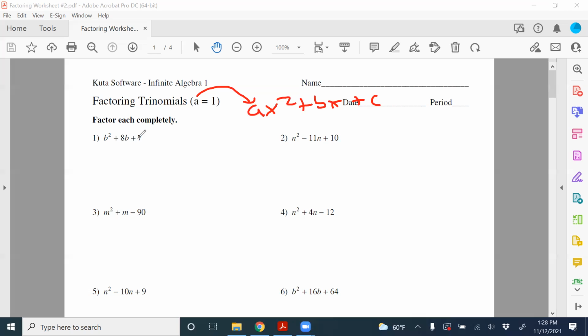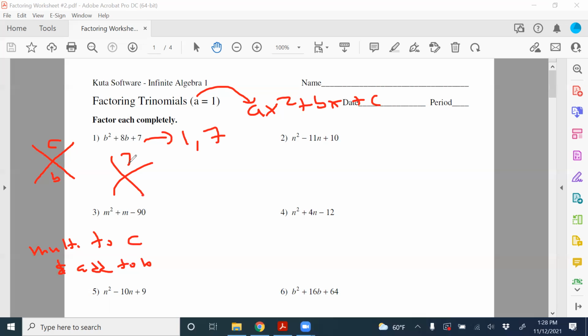So, for example, you have b squared plus 8b plus 7. As a little technique, we tend to put c up here and b down below. And what you want to find is two numbers that multiply to c and add to b. So if you look at number 7, there's only two numbers I can think of that multiply to 7, just 1 and 7. So if I put 7 up top